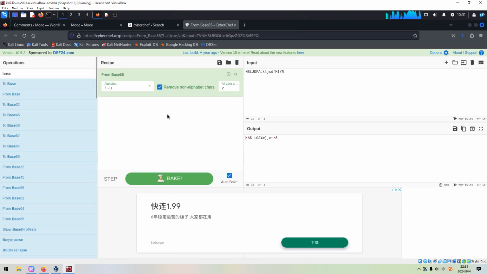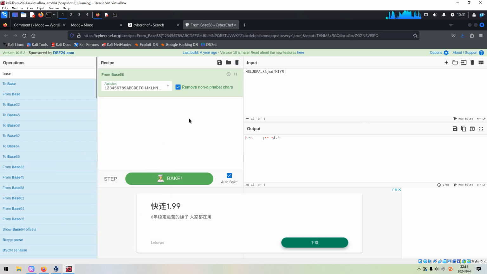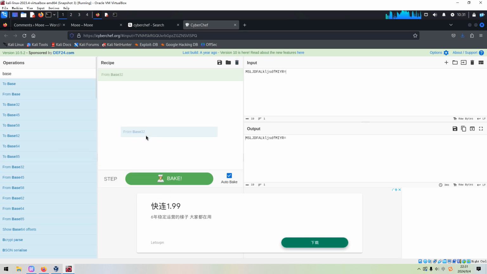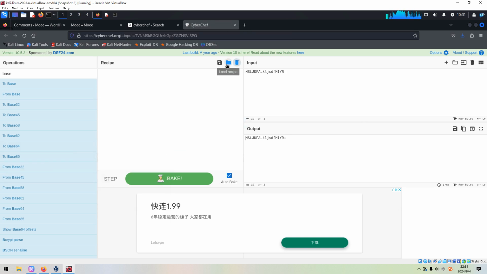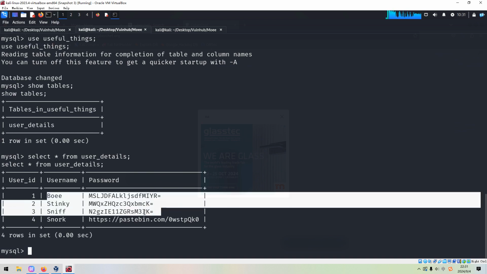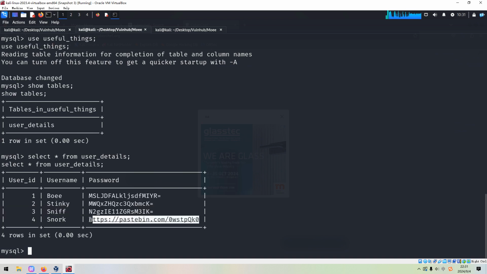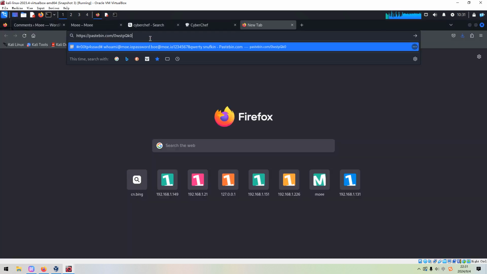So how about the next one? Gibberish as well. How about this one? Nothing there. So what's it about? Maybe this one is just a password. We can copy. However, the last one is a link. We can copy, and we can open it up.